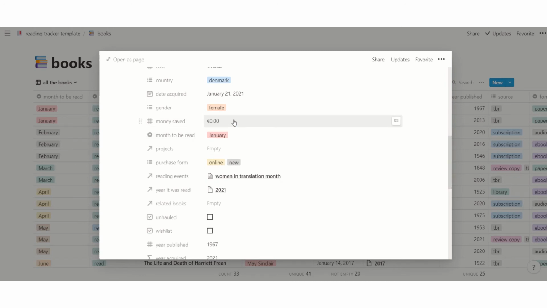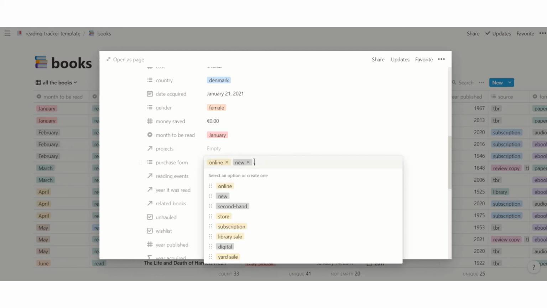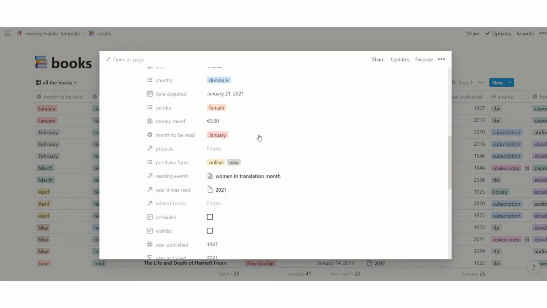Let's say you bought the book second hand, or you read a book from your library so that you don't have to buy the book anymore, so you can put it here, the money you saved, the month you were going to read the book or read the book, projects, how you purchased the book: online, new, second hand, in the store, a subscription, library sale, yard sale, digital. You can put it here, and you can always change the categories, the reading events, the year you read the book,